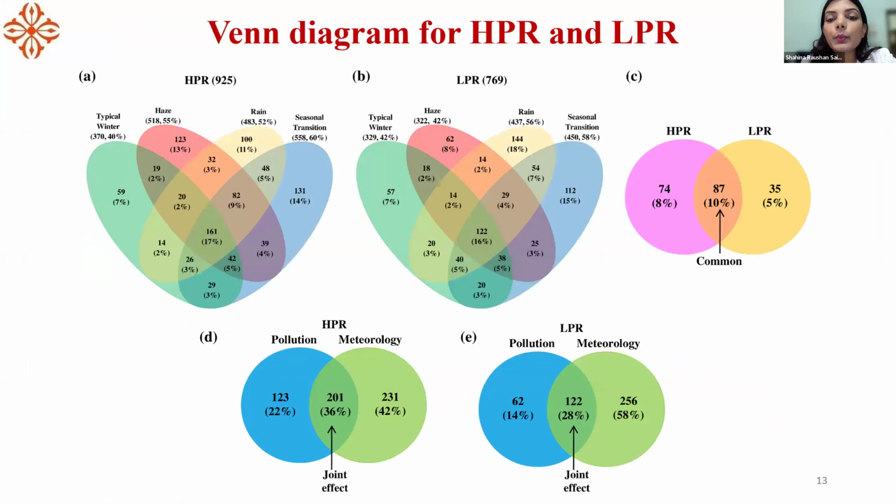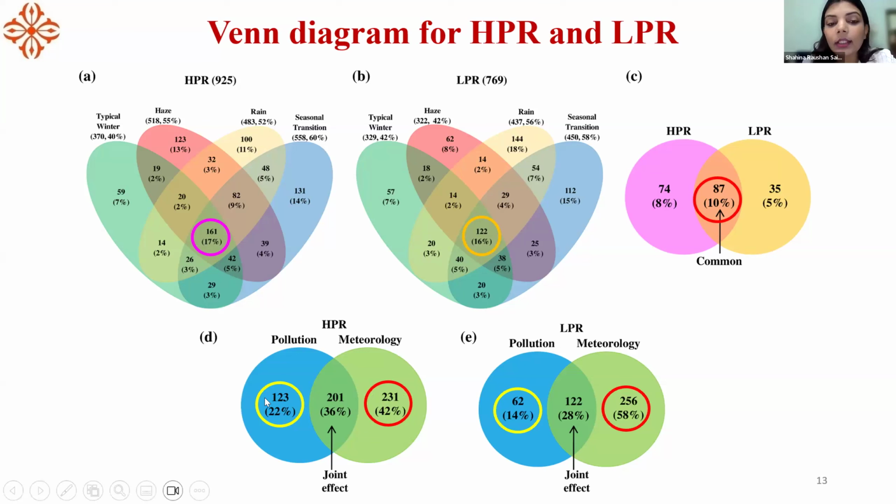Coming to the Venn diagram, we found that about 10% of the bacterial population was independent of temporal and spatial distributions. So we considered these bacterial populations as the background of the atmosphere of Delhi. And later, to see the effect of pollution and meteorology, we found that pollution contributes about 14 to 20% in the enhancement of bacterial populations, and meteorology controls about 40 to 58%, which is almost 60% of